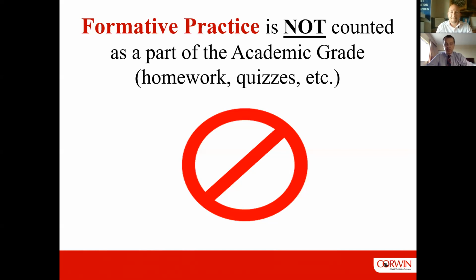Formative is not indicative of when you assessed the kid. It is not formative because you did it in the second week of a 5-week unit. If it is permanently etched in a grade book, it has become summative. Formative means we are using it to guide what happens next.